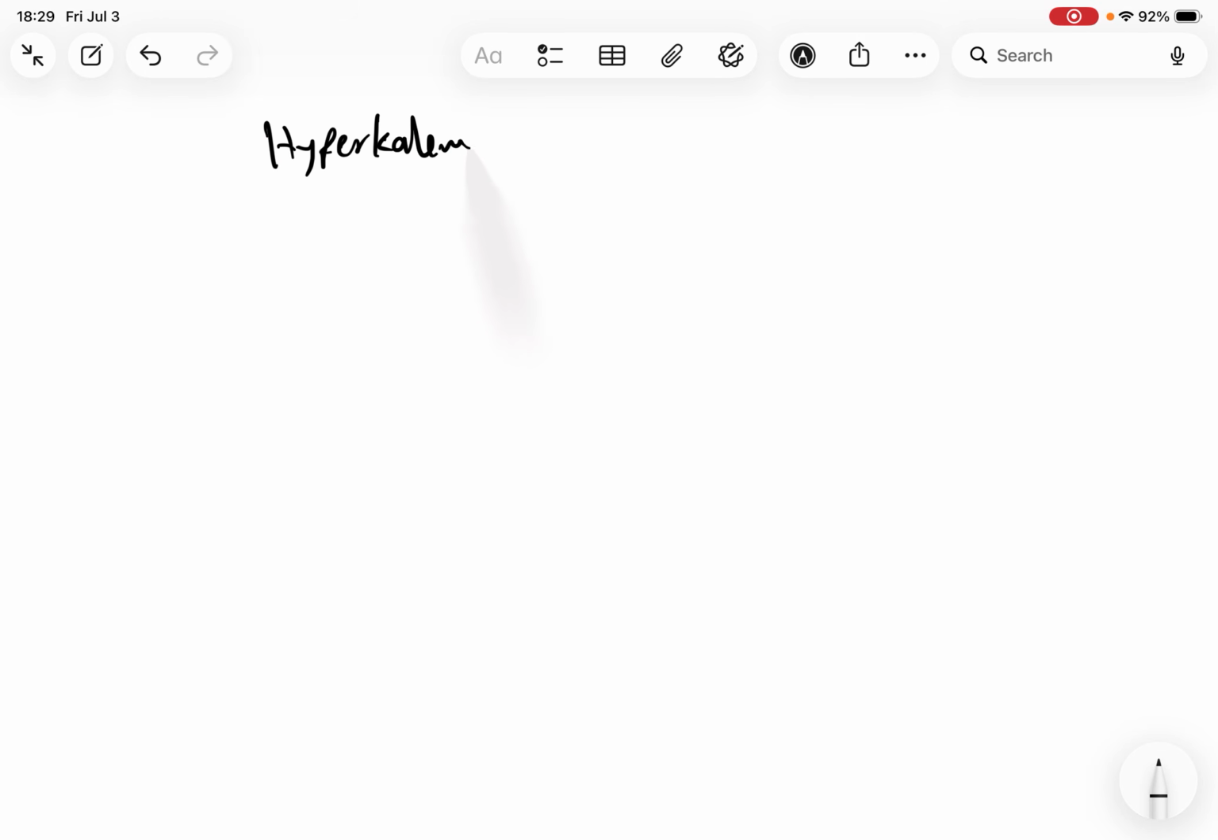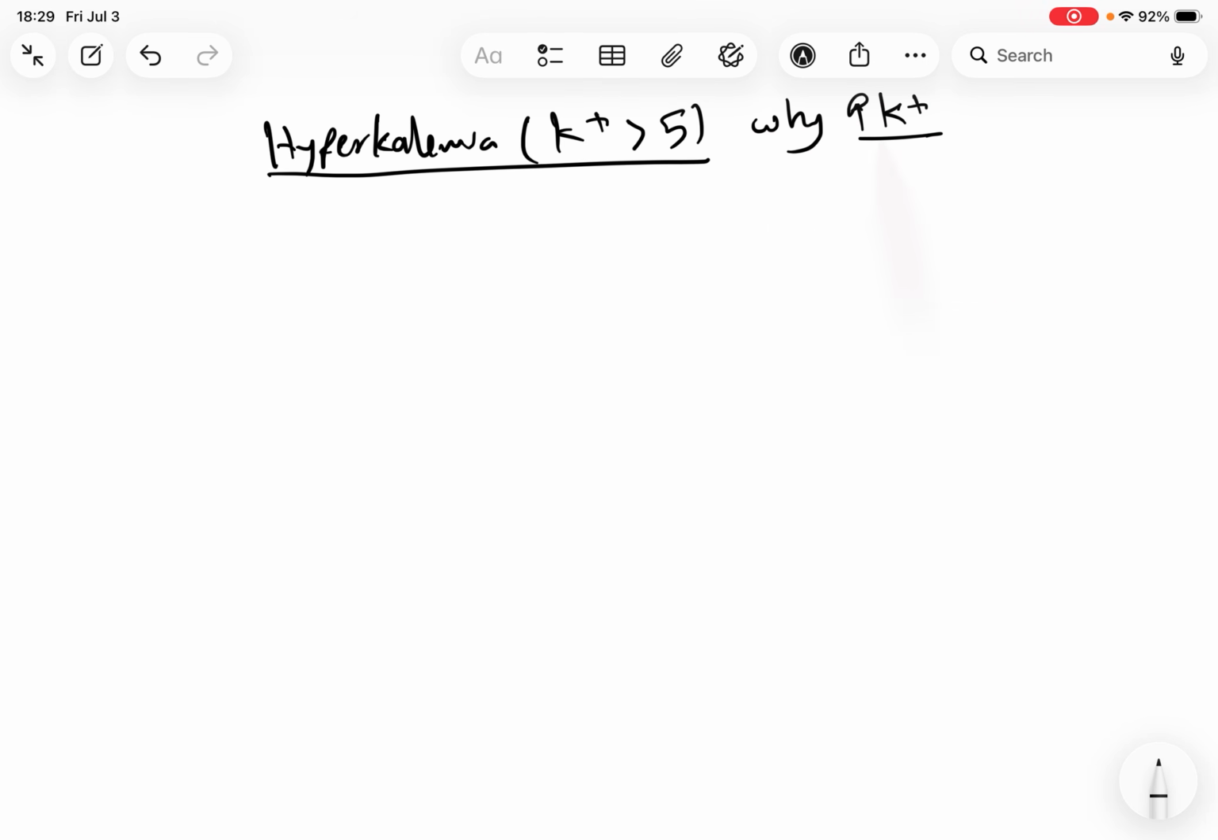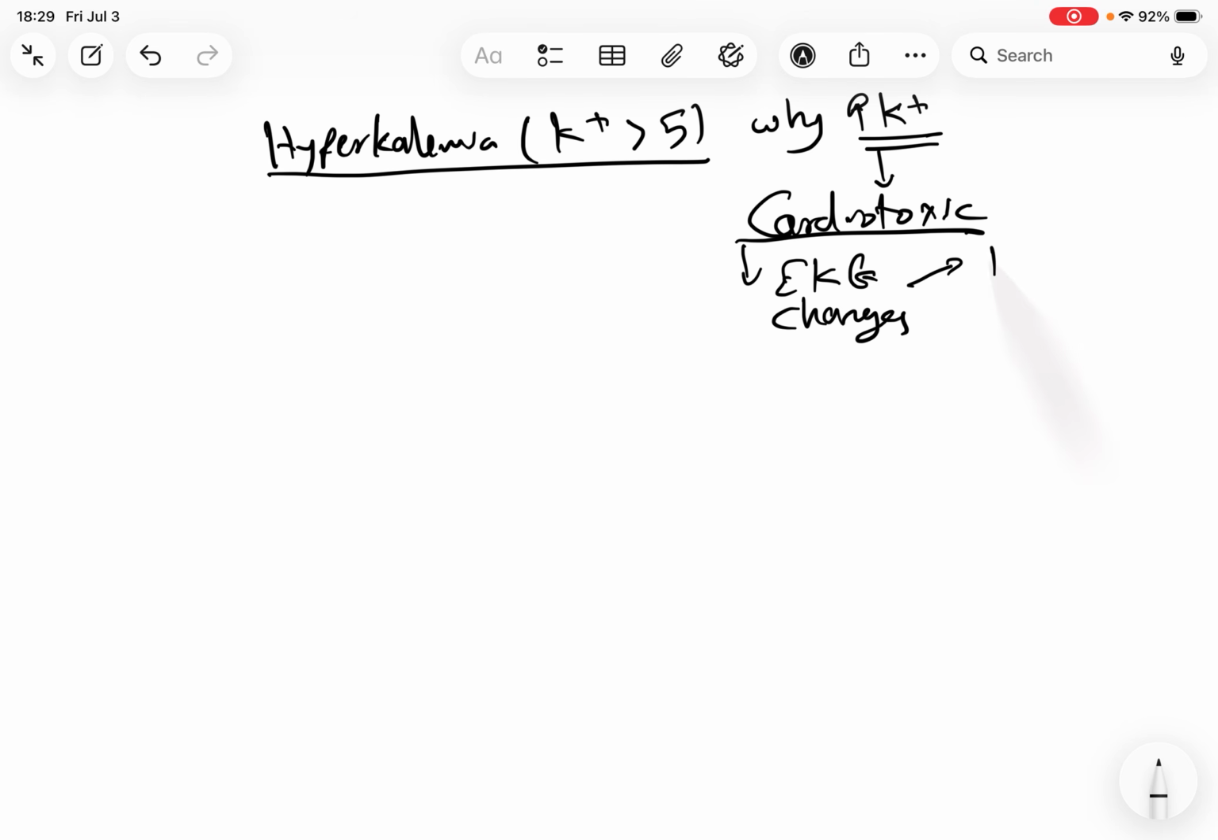Hyperkalemia means potassium is more than 5. The first question is why hyperkalemia is dangerous? Because hyperkalemia is cardiotoxic and it can cause EKG changes such as increased PR interval,